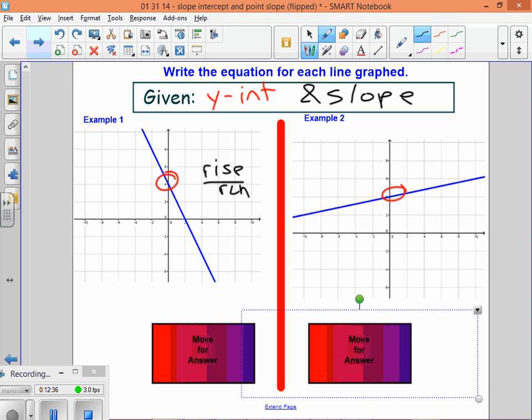Now, what is my rise on this example 1? Well, I'm going down 4, from here down to here is down 4, so that's a rise of negative 4, and then I'm going over plus 2. So my rise over my run is negative 4 over 2, which is equal to negative 2. And my y-intercept is very easily